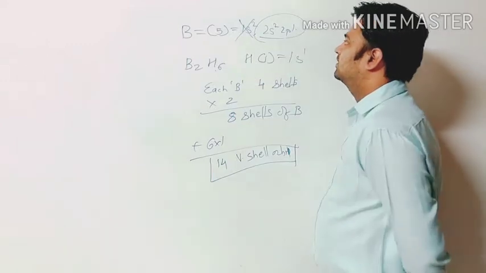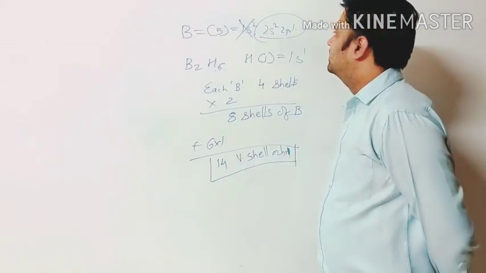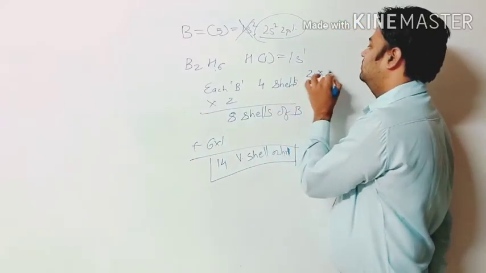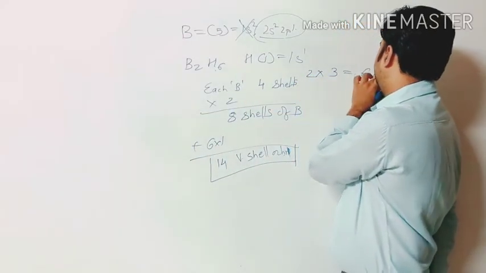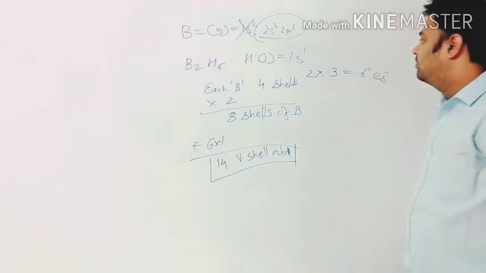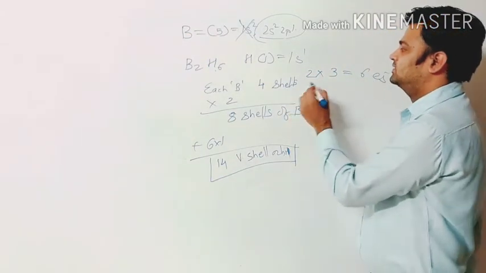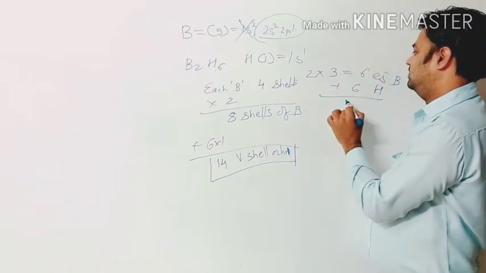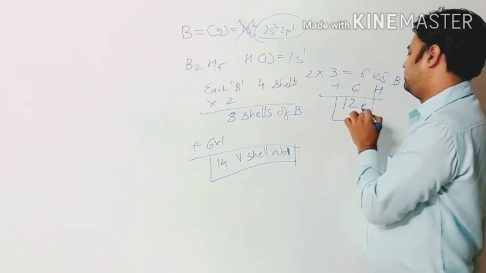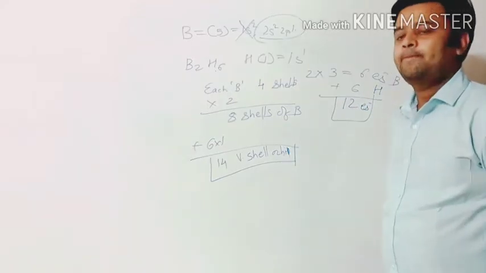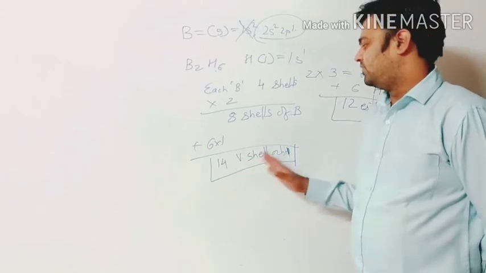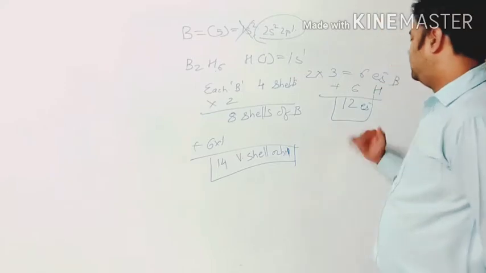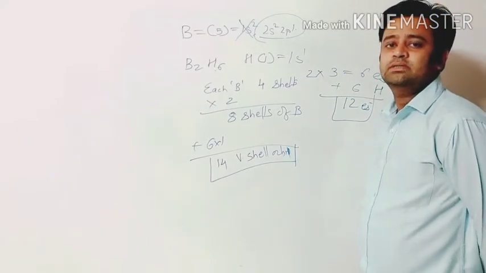Each boron contains 3 electrons, and there are 2 boron atoms, therefore 2 into 3 equals 6 electrons of boron, and 6 electrons of hydrogen. That means there are 12 electrons. Since 14 valence shell orbitals are there and only 12 electrons,